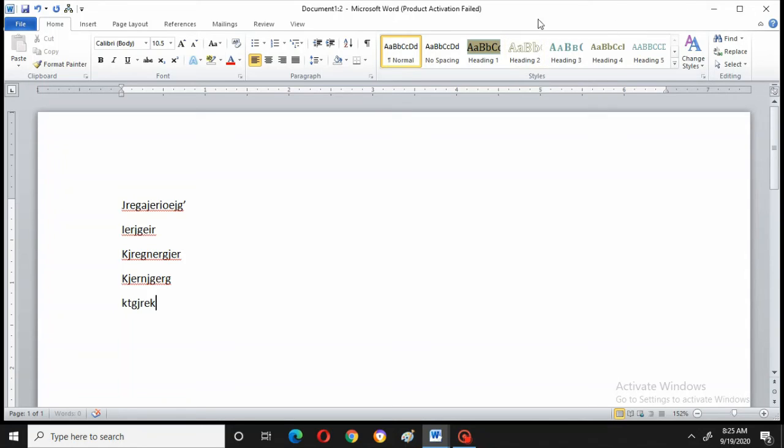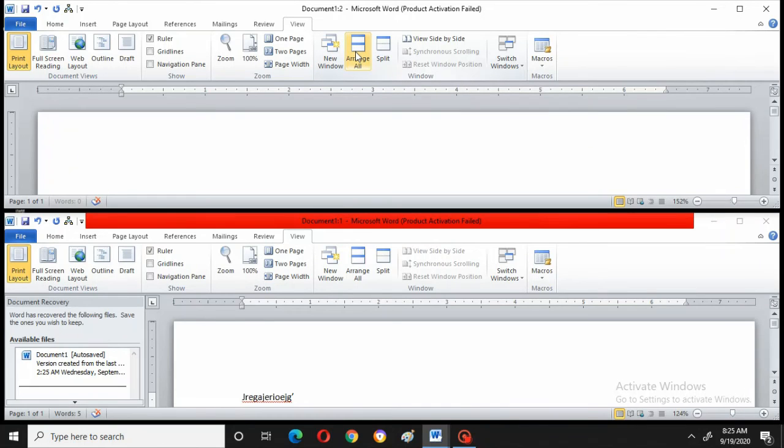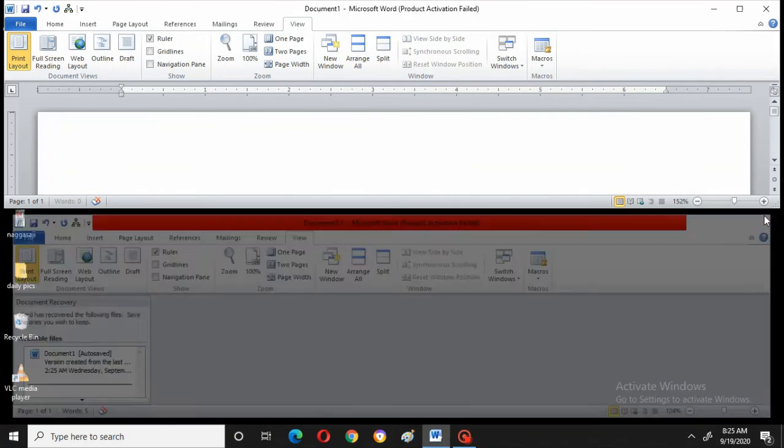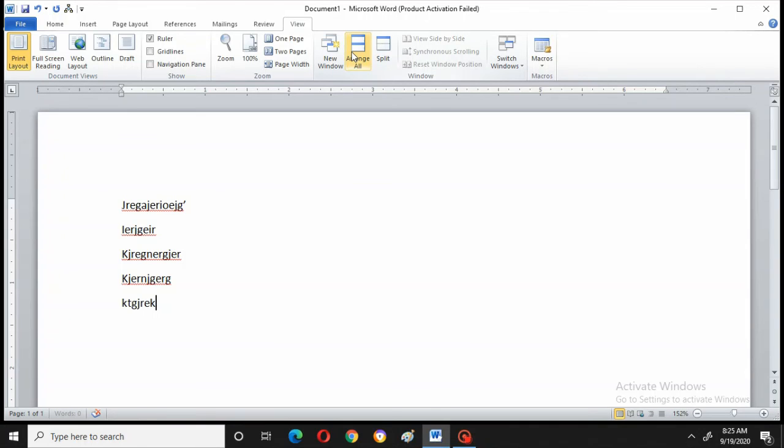Now see, I will go to View again. Now all two windows are there. Now I will click arrange all. That means it is arranging the two windows on one screen. This is the first window and this is the second window, right? Now again I will say normal. I don't want this, I will close it. Okay, I will say arrange all. Automatically it will take the back position.